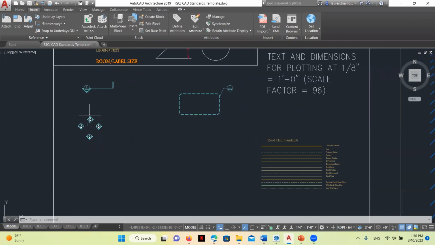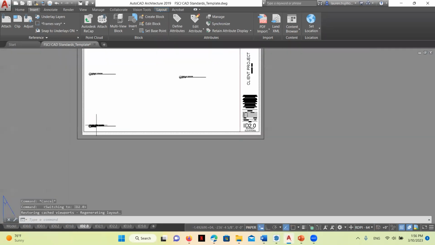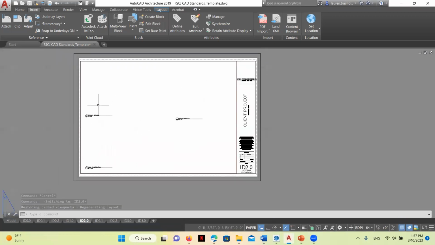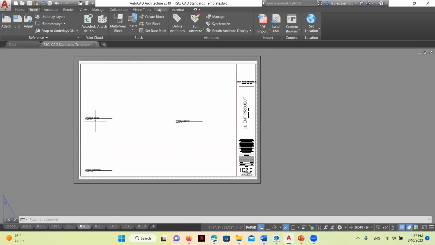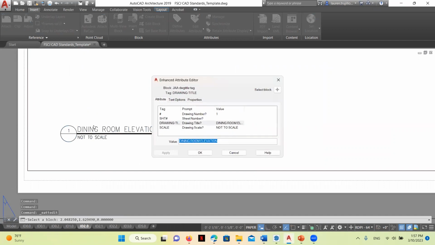But we also need to have the tags here correspond to the title on our elevation drawings. And you can see that over here. If we hop on over to this sheet, this is the construction document page where elevations would be. But because we're creating them as a presentation drawing, we're not going to be presenting them this way. But what we do have here is a tag that we can use. Notice it may not come in with this exact drawing information on it, but all you have to do is double click and change the different elements here. So mine's going to be the first drawing.